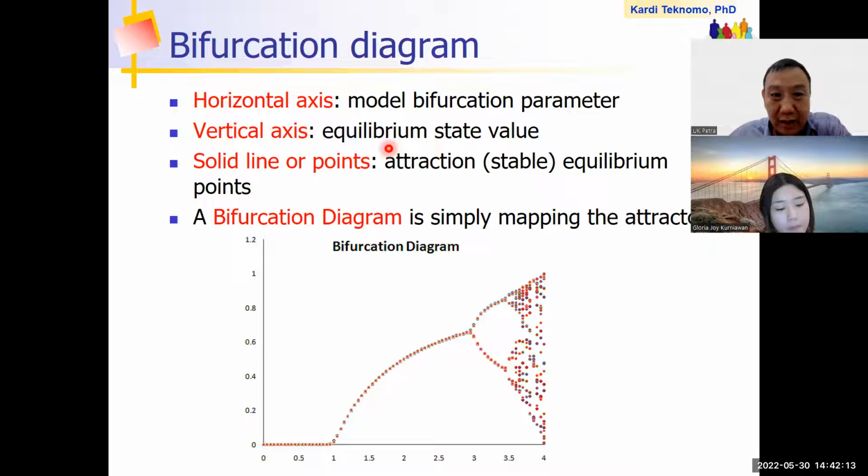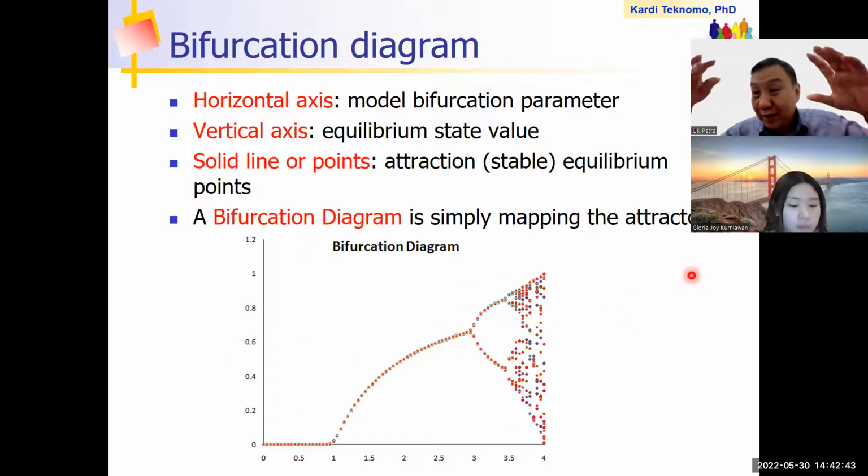So again, if you want to do it in Excel, you can also do that. Remember, the horizontal axis here is actually the parameter mu. We set 0 to 4. And then the vertical axis is the equilibrium. Now this line, 0 to 1, is the stable attraction point. So the bifurcation diagram, you can copy and paste